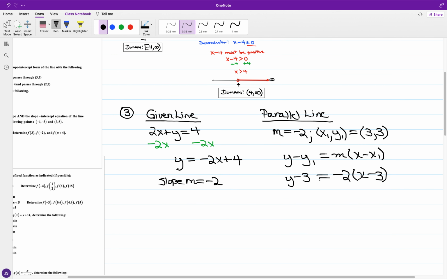So this is the point slope equation, and following through by distributing, we have negative 2 times the quantity of x minus 3. So this will be negative 2x plus 6. And getting y by itself,